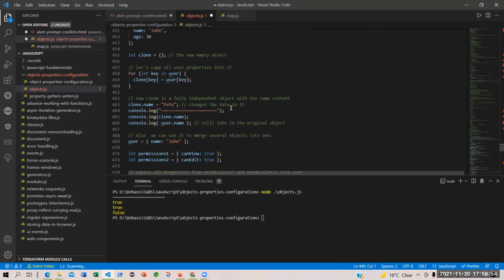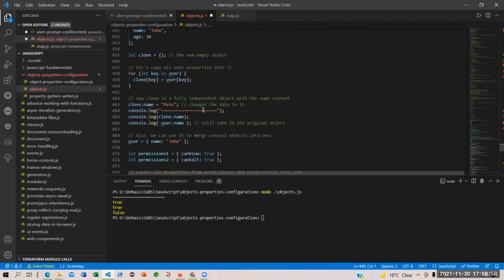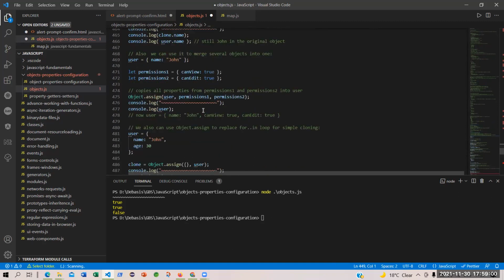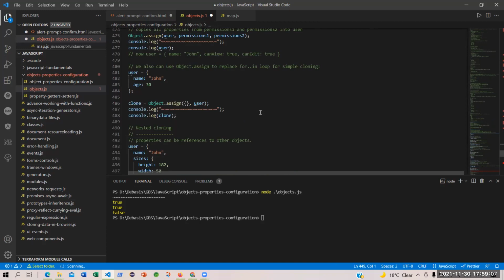Let this continue because here I'm cloning and merging. I'm doing cloning as well as merging. We can also use assign. Up to this, I will do.